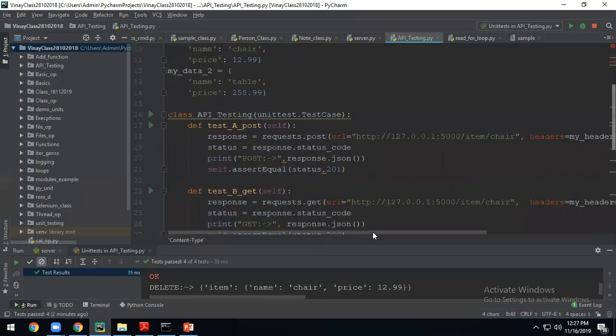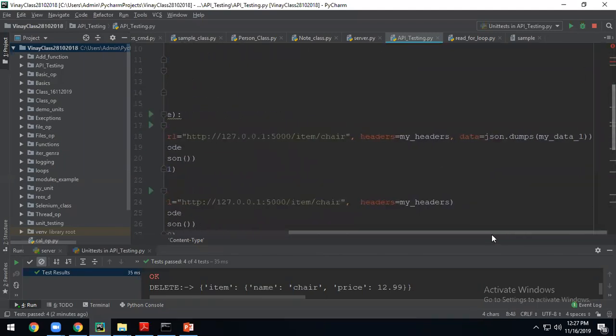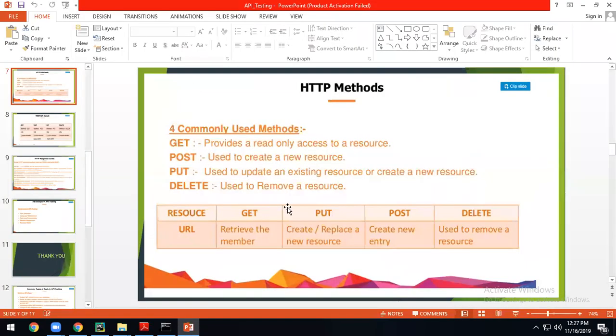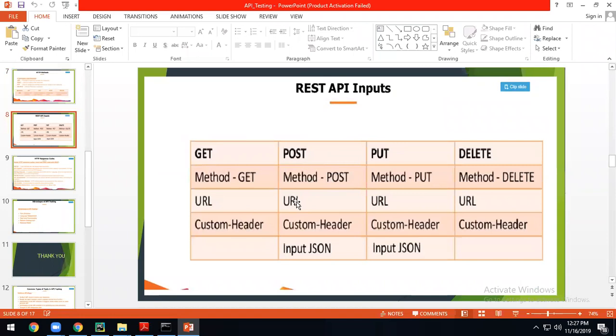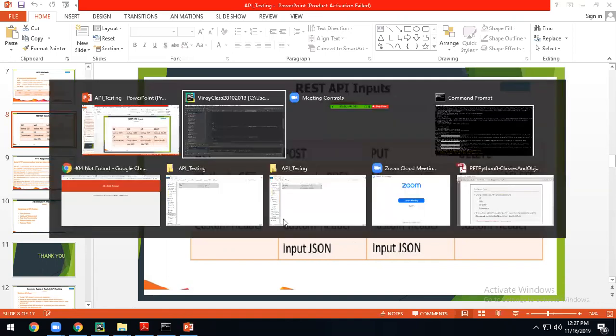And you say here what data you have to send. So post is what? Create a new entry. So you need to know what entry has to be created. For that, what you do? Post, you need to pass a URL and specify the method. Also, you have to specify the header and also pass the input JSON. You got the point now? This entry will be created as a resource in your server. You got the point here?